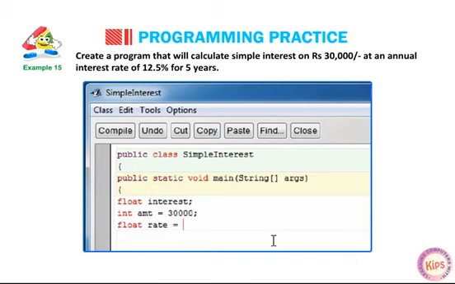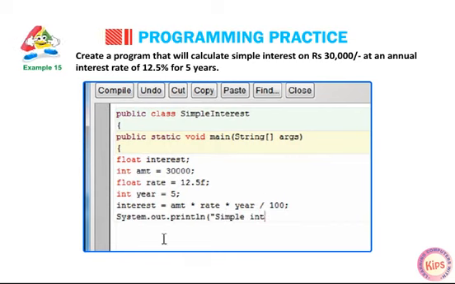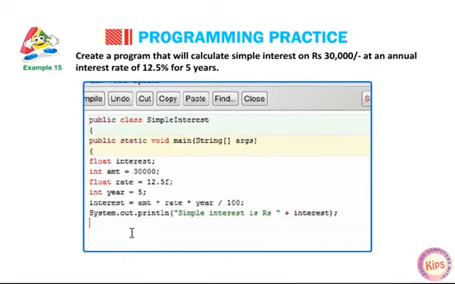float rate = 12.5f; int years = 5; interest = amount * rate * years / 100; System.out.println("Simple interest is rupees " + interest); } }